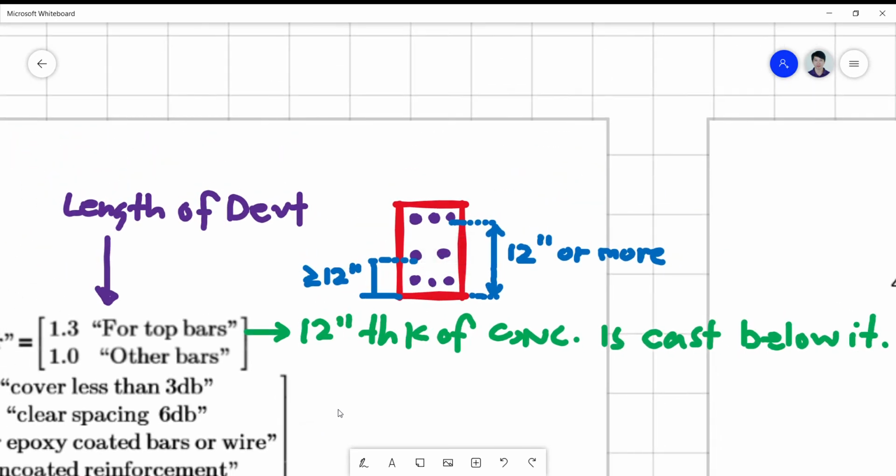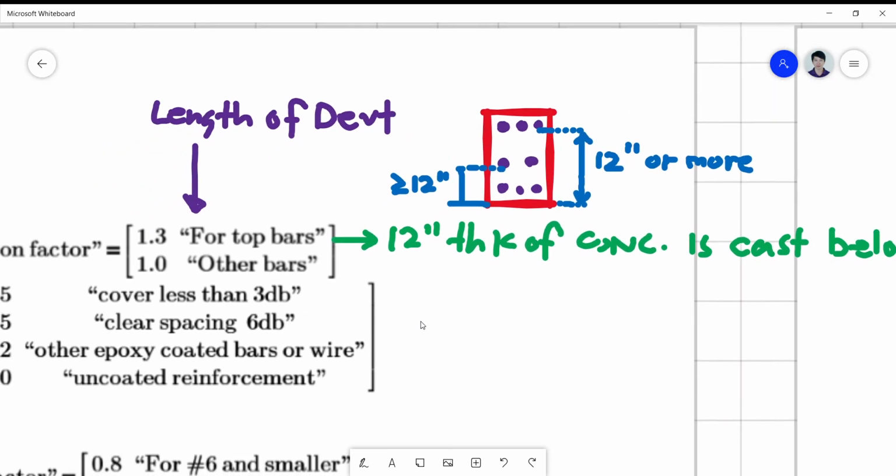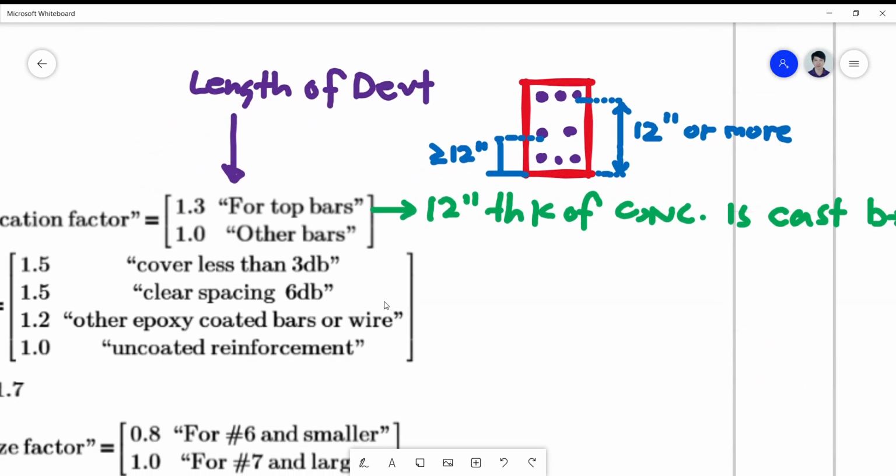And if the measured thickness is below 12 inches, then your reinforcement location is considered an other bar,